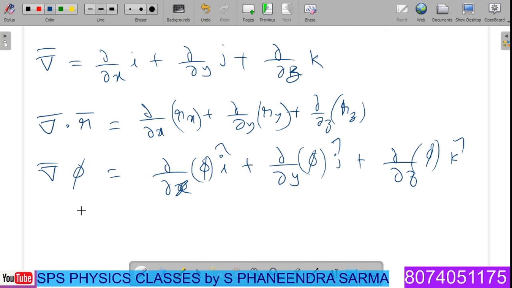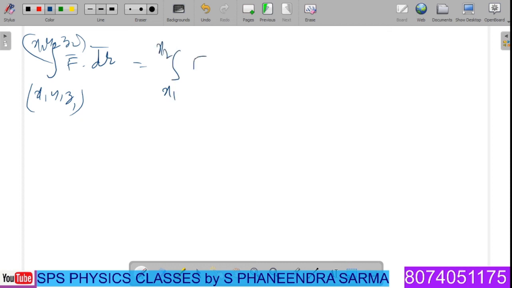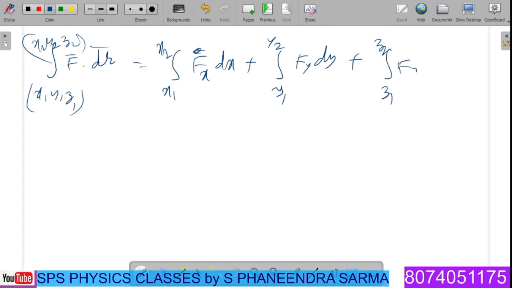vector integrations. So in vector integrations, one important formula is there, let us see. Suppose the integration of f bar dot dr bar from x1 y1 z1 to x2 y2 z2 is given. This value is equal to the integral from x1 to x2 of fx dx, no need of bar, okay, because after removal we are just doing everything as a dot product, then the integral from y1 to y2 of fy dy plus the integral from z1 to z2 of fz dz. Like this you have to write at this particular condition.